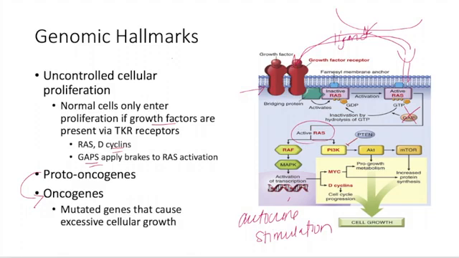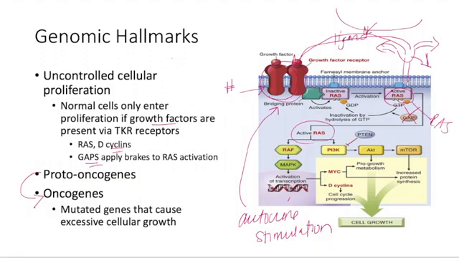Another way that they can do it is they can increase the number of the receptors. They can secrete their own growth factor, but then they can also upregulate and make more growth factor receptors, allowing for this to pump out more and go to all kinds of growth factor receptors. So that is autocrine stimulation. Another way that they can do this is they can actually mutate at the RAS level.